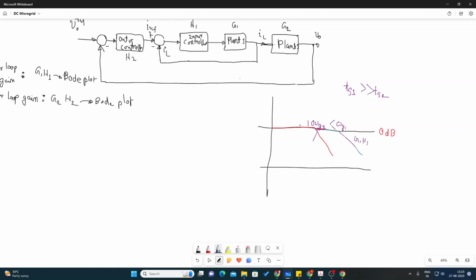Yes, sir. So throughout the duration before it attenuates, it is experiencing a unity gain, 0 dB, from the inner loop. So that's what I'm saying. If we consider it to be unity gain, then we can say it to be G2H2. Hmm, I am asking that if